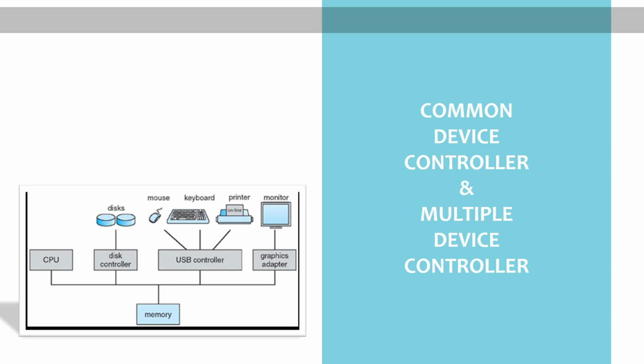All are connected with the memory. Of course, I don't have different storage for a CPU. I don't have different storage for my USB. There is a common memory there, right? Now, if I have a USB port in my system, I can attach any peripheral device with it, right? In the diagram you can see that for a mouse, a keyboard and a printer, I have a USB controller. So can I say that it's a common device controller for multiple devices?